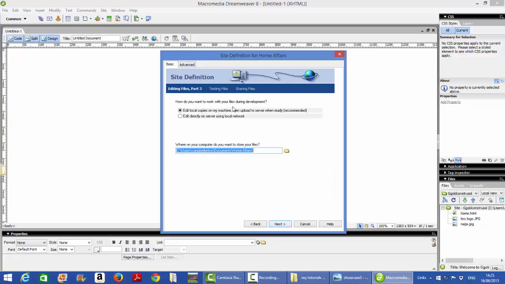How do you want to work with your files during development? Option 1, edit local copies on my machine, then upload to server when ready. This is recommended, and this is what we are doing right now. We are not using any local network. We are not using any server network. We are working on our machine. So this is peculiar to us. Now, it asks where on your computer you want to store your files. It has given me a path: root, users, Campbell, documents. This is going to be saved in a folder in my documents, and this is located on my computer. Now, if I click on next,